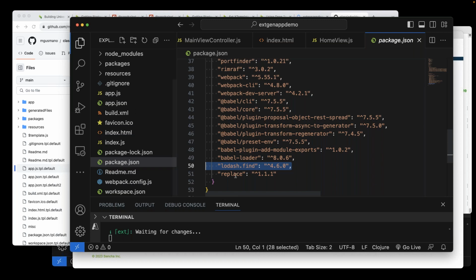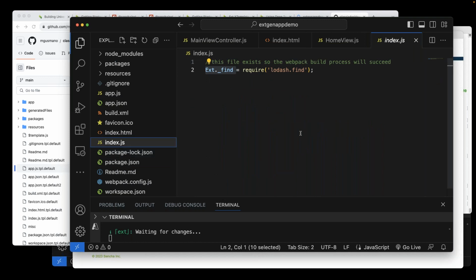You'll also notice that unlike a regular Ext JS application, my project has an index.js. That's the starting point for the NPM application. And what I'm doing here is requiring Lodash, which is JavaScript functionality, and assigning it to a global variable called find. So there's always an Ext variable. That's the essence of Ext. And I'm putting an underscore find keyword out there to say, okay, Lodash goes here. So now anywhere in my code, if I do a find on underscore find,